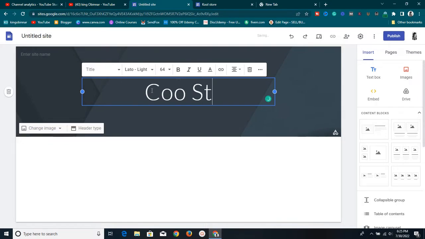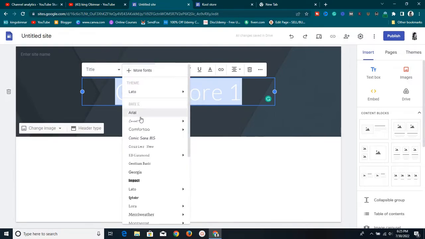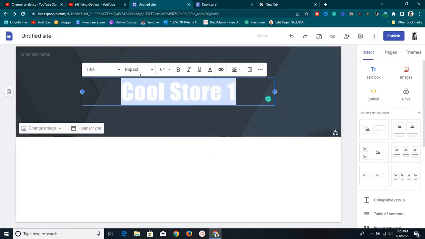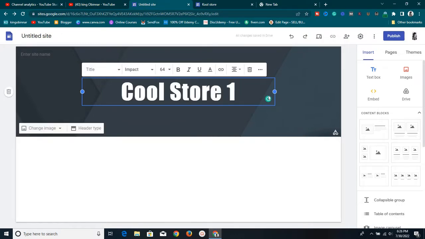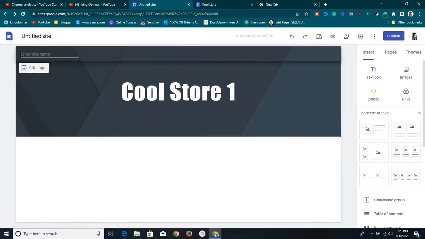Cool Store 1. Let's say this is the name of our store, Cool Store 1, and I can change the font. I like to go with Impact. Once we've gotten this out of the way, don't forget to give your site a name here, or you can also add your logo. If you have a logo, you can upload your logo right here. Well, I don't have a logo, so I'll just call this